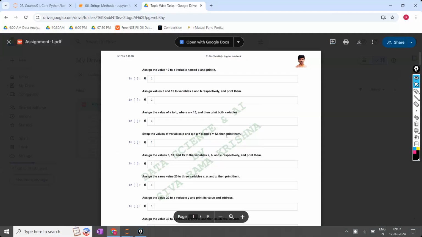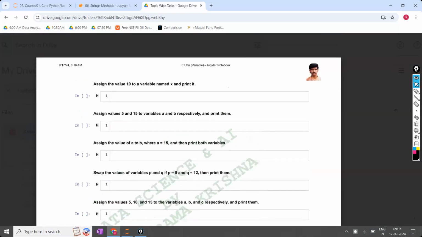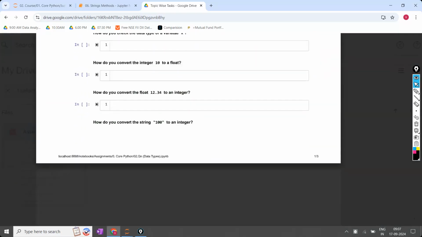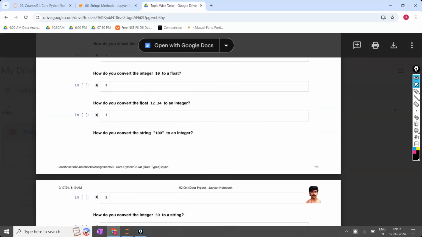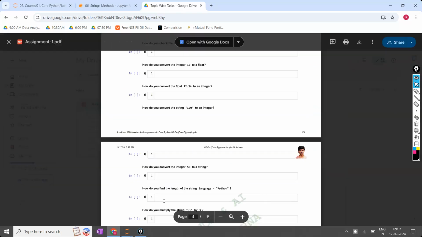Because we have completed only the basics now, these examples will also be at the basic level only. Once we enter the advanced topics, the level of questions will slowly increase. Based on whatever we have done till today, I have given some questions. So what you have to do is very simple. Not only now, every time